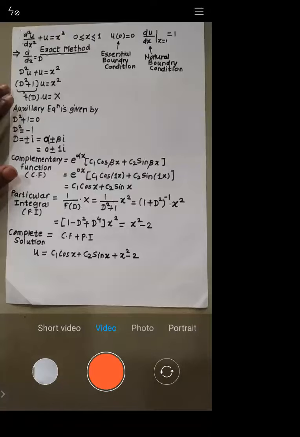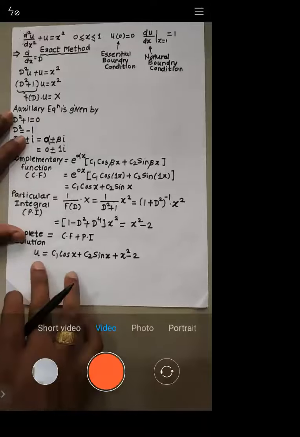See, in the last lecture, the problem which was taken, initially we solved by the exact method. So obviously when you solve it by exact, you should have the complementary function as well as the particular integral. You can check. We have solved that. I posted the notes on the WhatsApp group. There also you can check, right? We have solved initially by exact, and then we have solved by the rest of the 4 methods. Okay, same thing I'm doing for this problem.